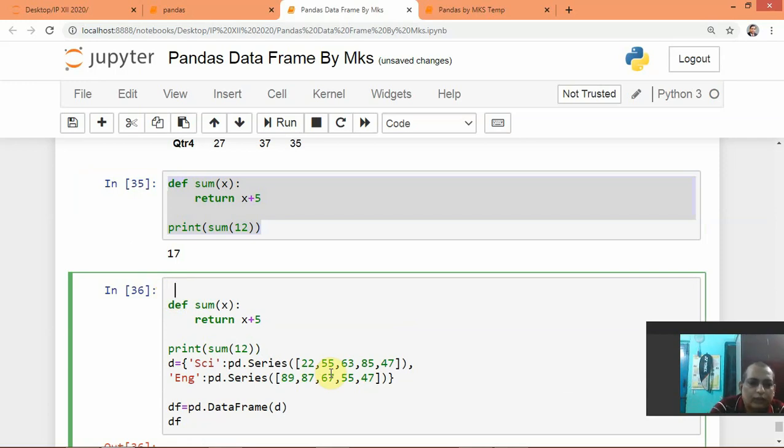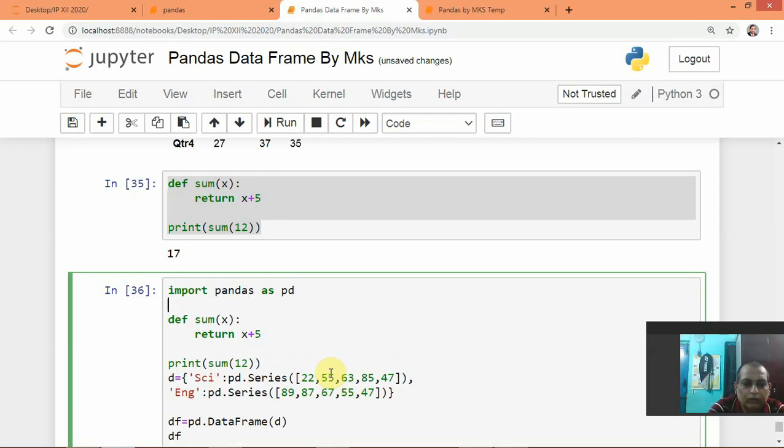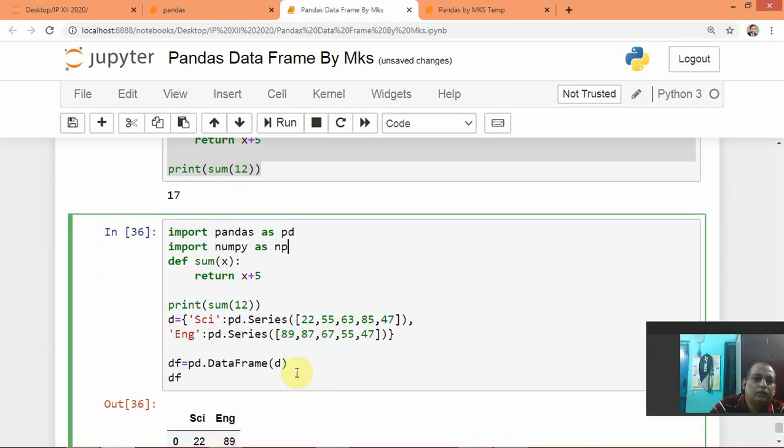And you have to write import pandas as pd, import numpy as np for the complete program, and this function I have just shown you.